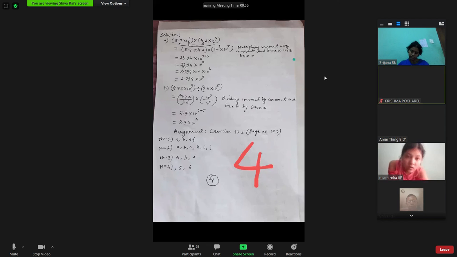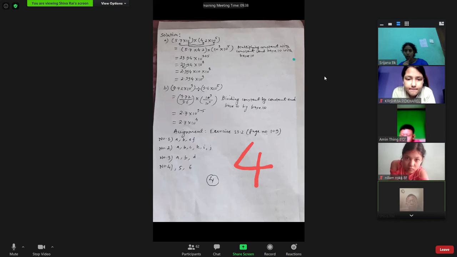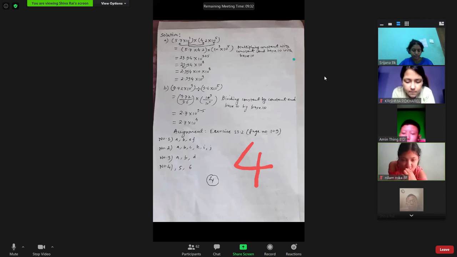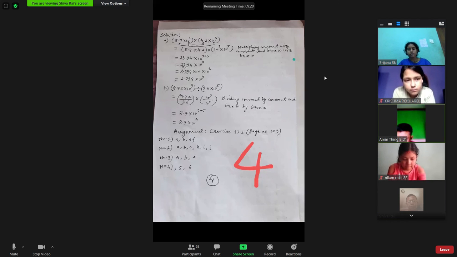Okay, so algebra. Algebra already I said, only algebra. Factorization you have already done. Only factorization in algebra. In algebraic expression there comes factorization also. Squaring also, with their formulas: a square minus b square, a plus b whole square, a minus b whole square, a plus b whole cube, a minus b whole cube, a cube plus b cube, a cube minus b cube, all those things. Okay, prepare well, everyone.